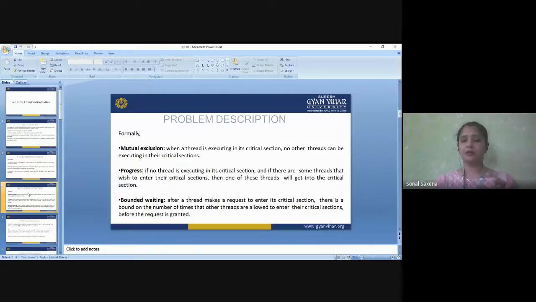This particular waiting is called bounded waiting, because the process wants to get executed, but currently, due to the CPU's engagement with other processes, it cannot execute the waiting process. The whole duration that it is waiting is considered its bounded waiting. It is bound to wait until it gets executed. So these are the three important things related to this problem: mutual exclusion, then progress, and then bounded waiting.